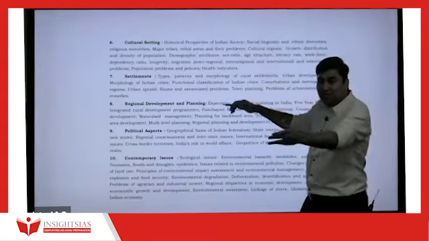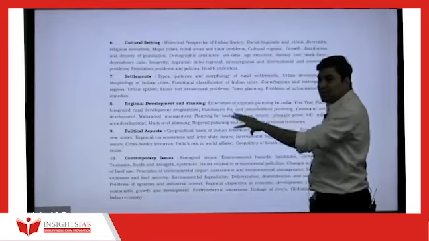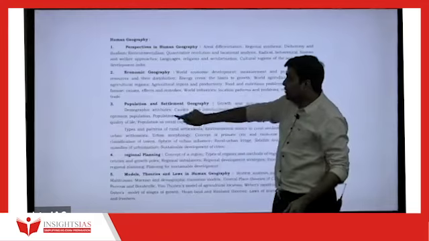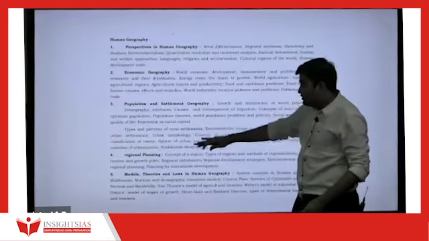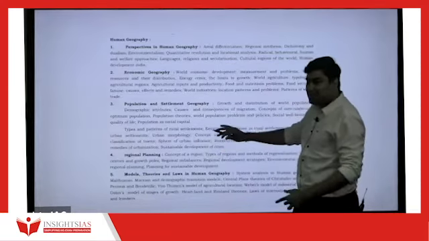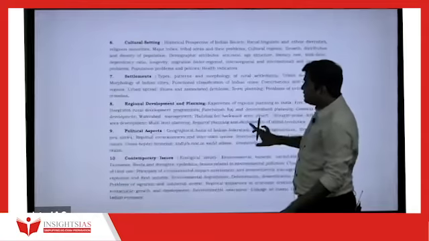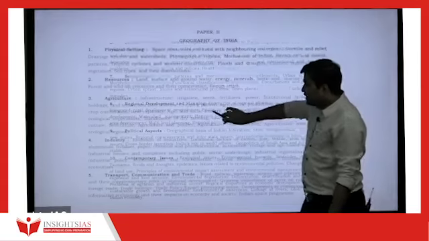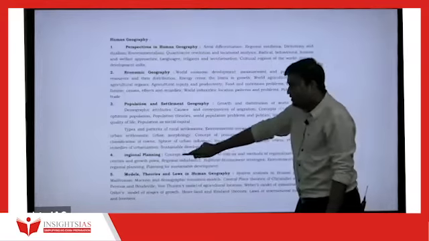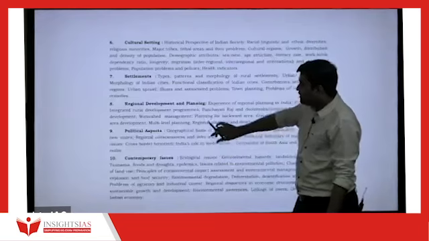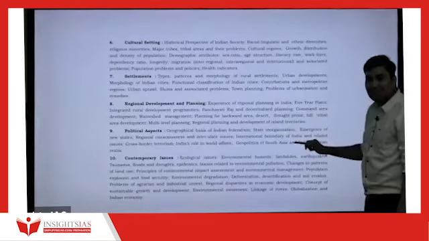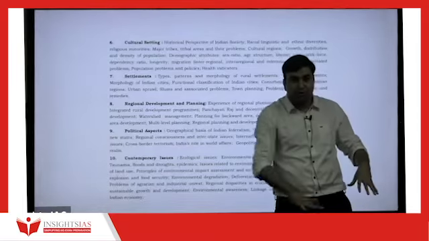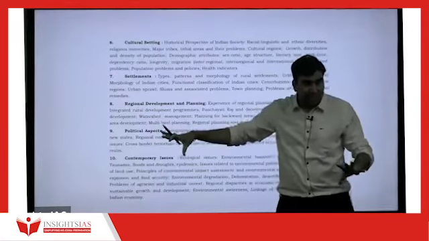That was in the world context. This is in the Indian context. यहाँ पे census का data. There it was a population and settlement geography, right? This was in this types and pattern of rural settlement, etc. World के level में, this is in the context of India, in the Indian context. This is the regional planning, right? Here you have regional development planning in Indian context. Exactly, almost same topics are there. Continuation of paper 1 to paper 2. समझ में आ रहा है नहीं आ रहा है?